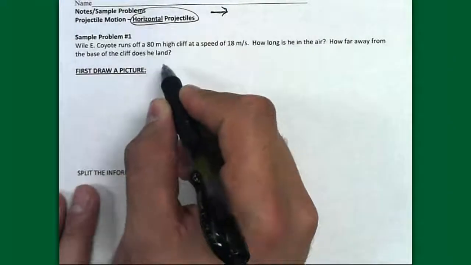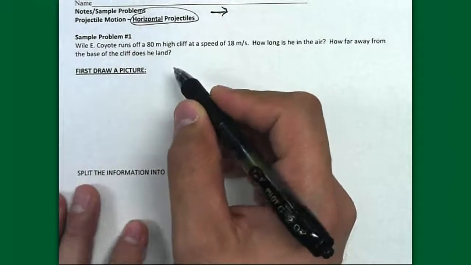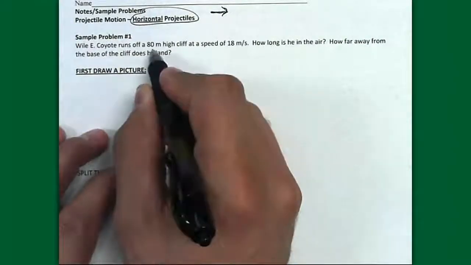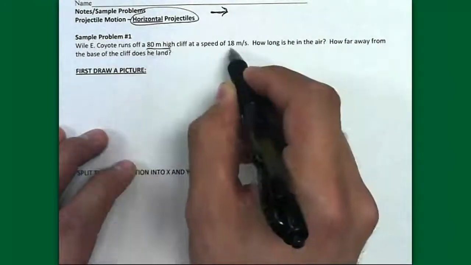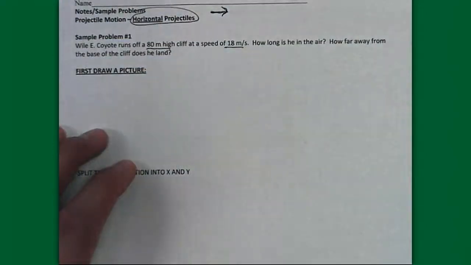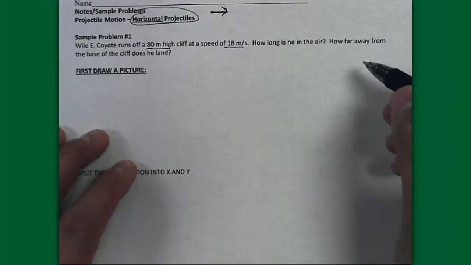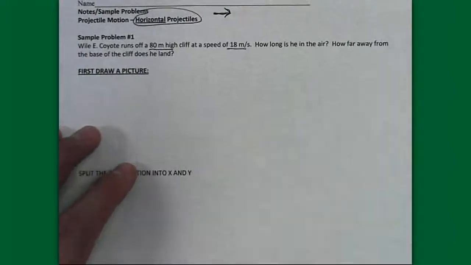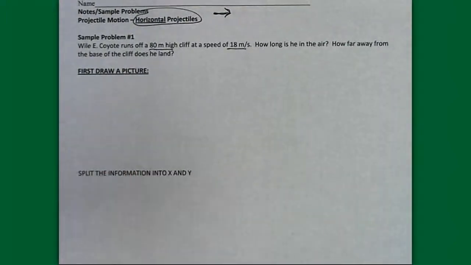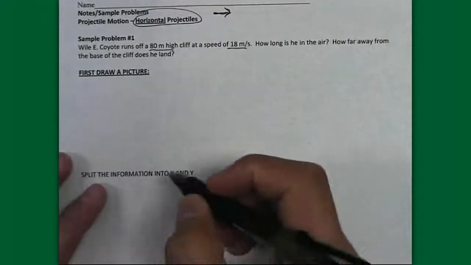Wile E. Coyote, he's now obeying the laws of physics as opposed to what he most of the time does in his cartoons. He runs off an 80-meter high cliff at a speed of 18 meters per second, and I want to know how long he's in the air and how far away from the base of the cliff he's going to land. The first thing I want to do in all of these problems, horizontal projectiles, is to draw